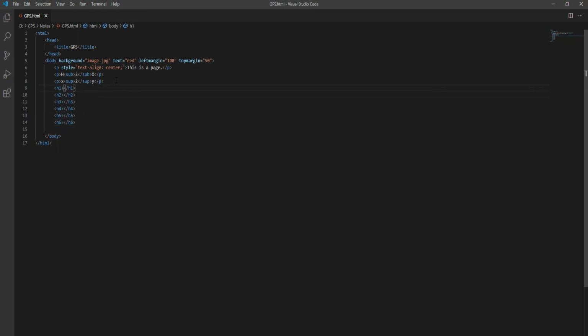All these tags are different in size, but all these tags from H1 to H6 we will use here for the creation of headings, right? We are writing heading in all the lines.